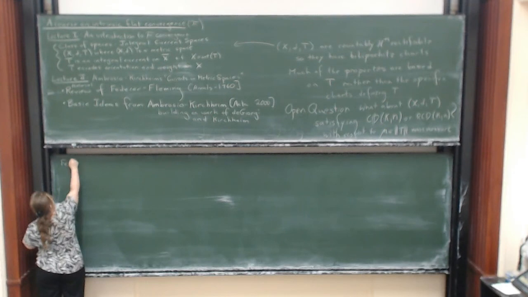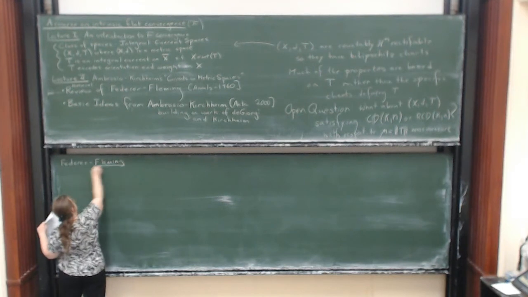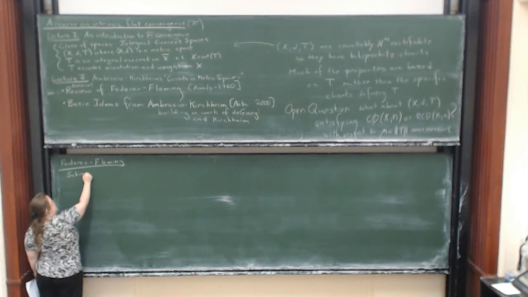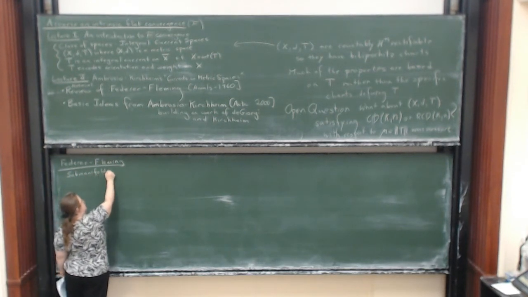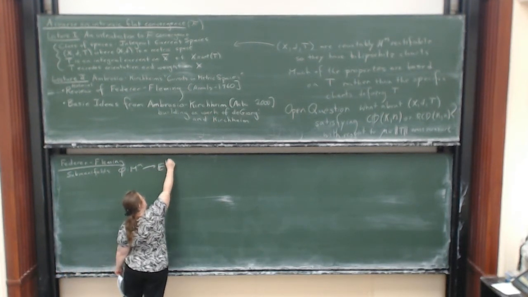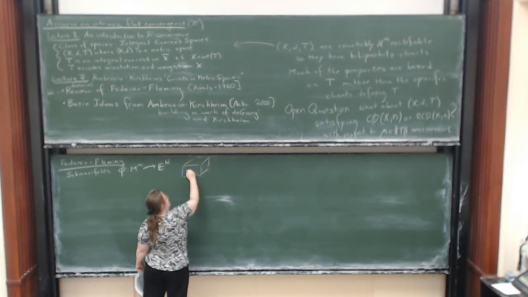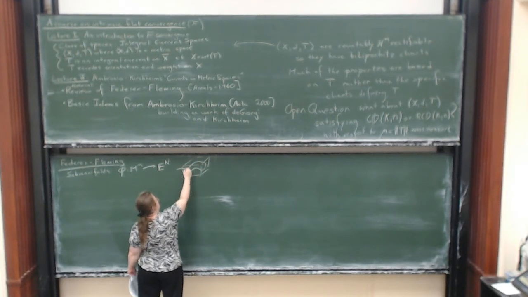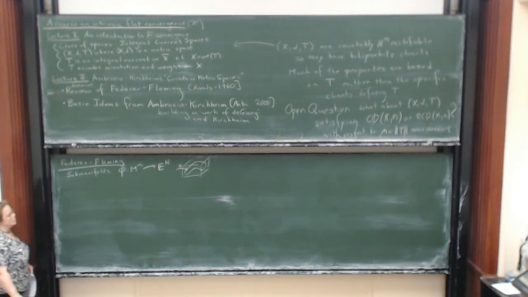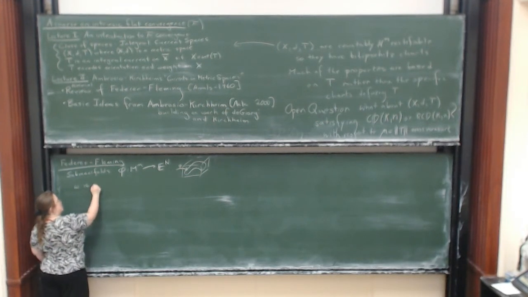So here's the Federer-Fleming. We take submanifolds, phi, which goes from a manifold into a high-dimensional Euclidean space. So you have this Euclidean space, and you have your submanifold sitting inside it. We take omega, an n-dimensional